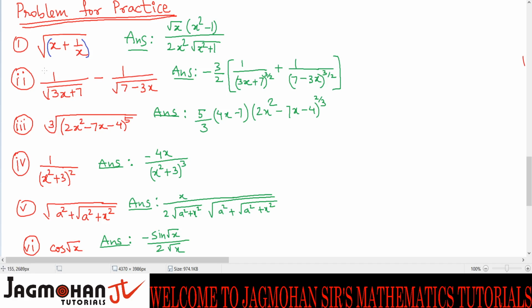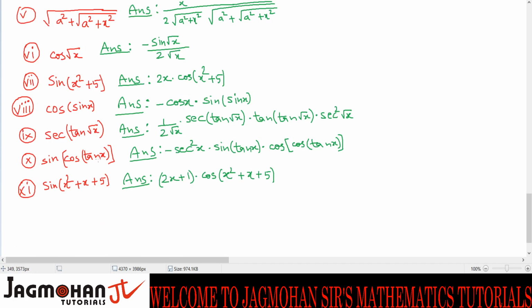Now in the second question, you will write this whole thing as y, and then you will write differentiating both sides. So d by dx of this thing you will get. So you will first write d by dx of this minus d by dx of this, and then it is 1 upon square root. So you will write this thing raised to half, here also raised to half, and then you will take it up. So this will become this thing raised to minus half, and then you will apply f of x raised to n. Then you have